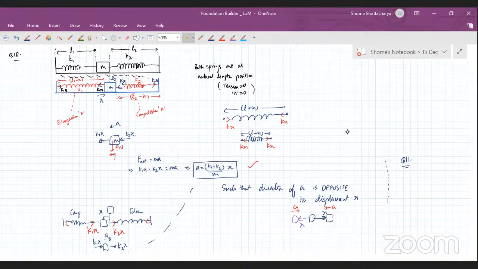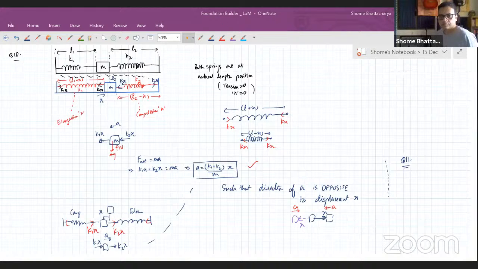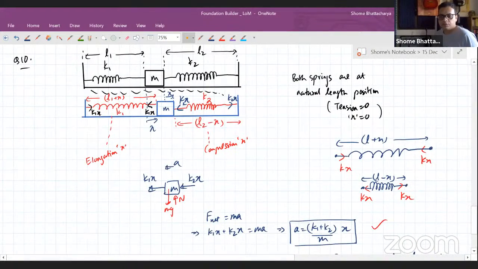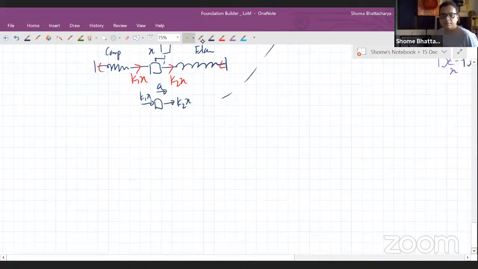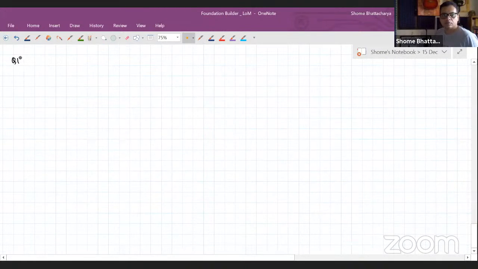Okay, next let's discuss the 11th question. The 11th and 12th, both of these questions we'll discuss next. So the 11th question is also actually very simple. It's just free body diagram based. So you have to just understand in this question that